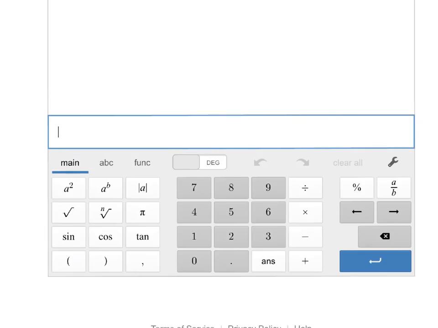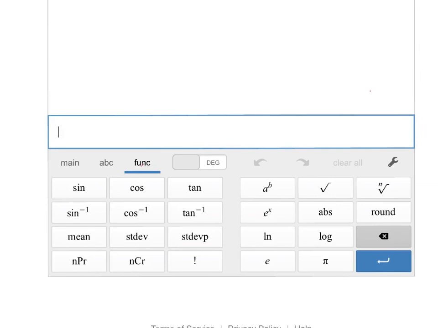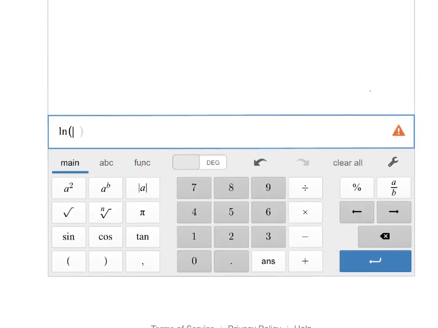Yeah, I think so. So we can do that. Let's get the ln of 7. So functions, and we can get the ln of 7. The ln of 7 is 1.946, or 1.95. So then I can go back to